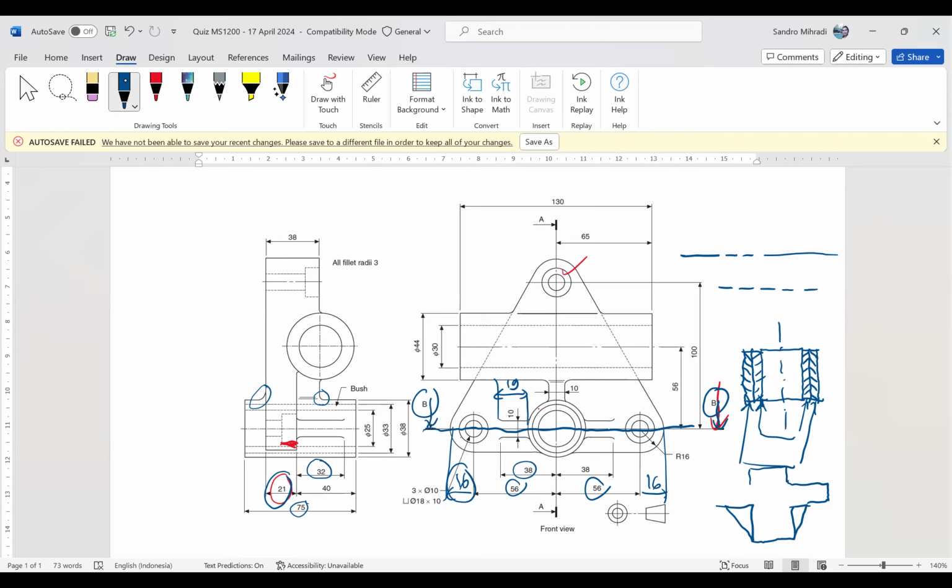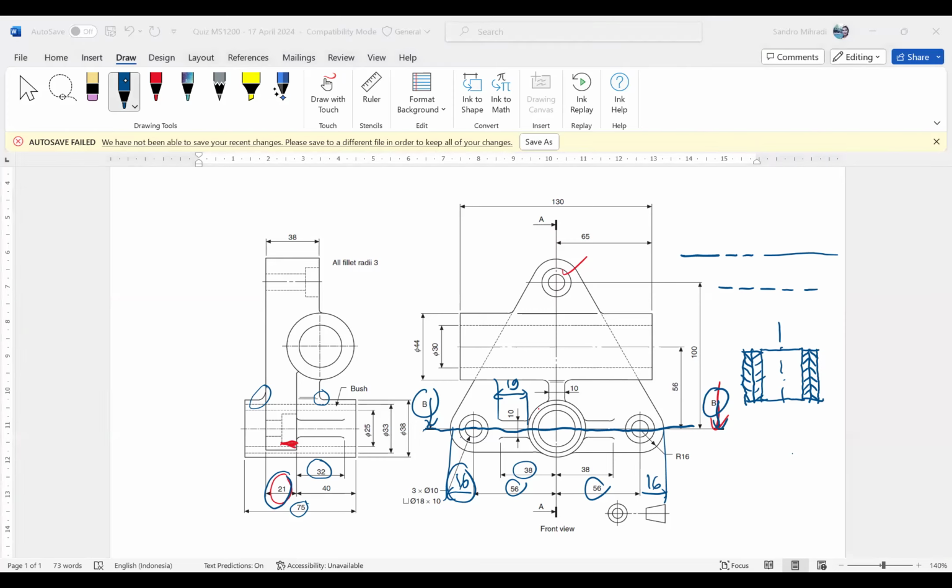Oke ya. Oke, baik. Ada pertanyaan lagi yang lain? Oke, baik ya. Kalau nggak ada, saya cukupkan ya.